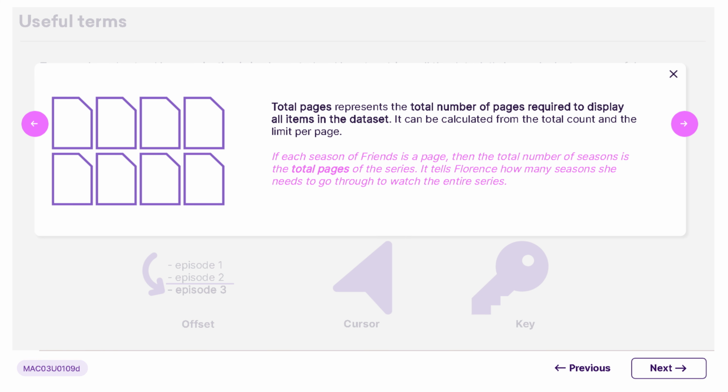Total pages refer to the number of pages needed to show every item in a data set. You can think of it like a book, where each page holds a portion of the whole story. If we continue with our Friends analogy, imagine each season of the show as a page. The total pages are like the total number of seasons Florence must watch to see the entire series. This concept helps understand how data is split into manageable sections, making it easier for users to navigate large data